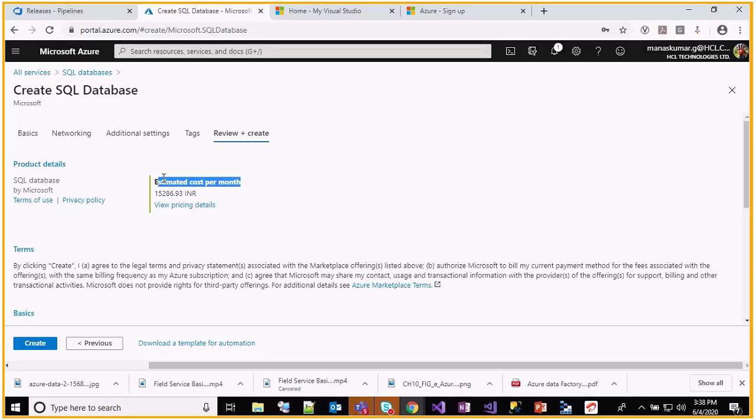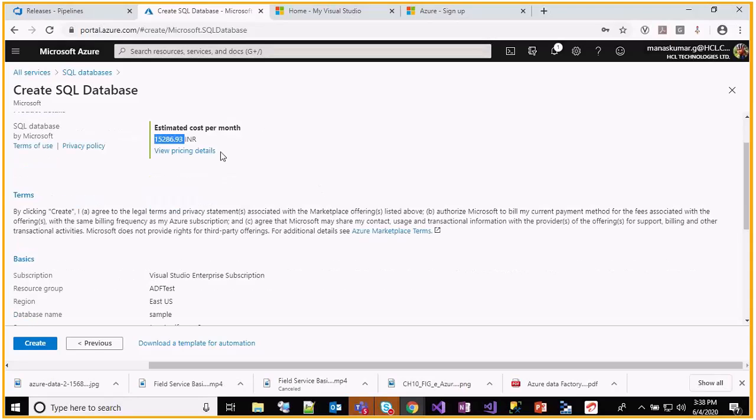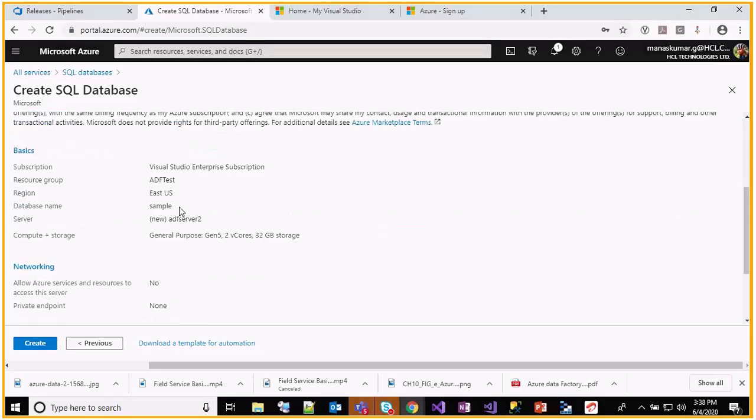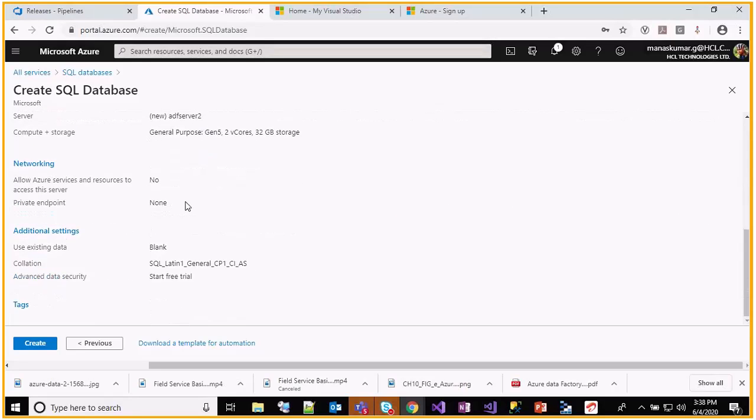Everything is cost. So all the resources which you are creating should be rememberable and accountable, like whether they want to have that amount or not. For now, I will be selecting it, and I will create it.